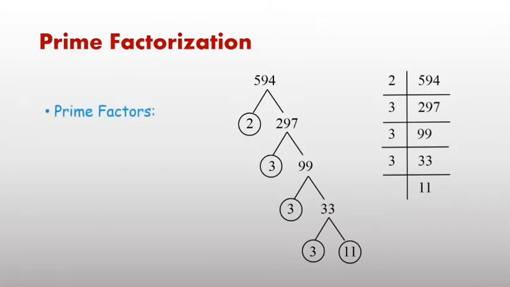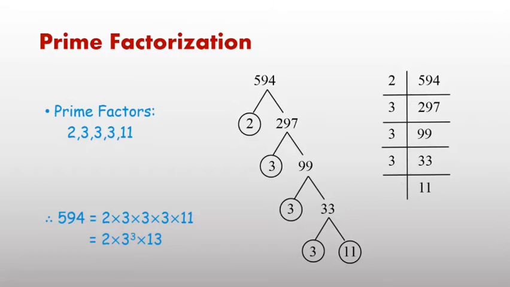For example, if the number is given as 594, you find prime factors. Again apply the same process. 594 is divisible by 2, you will get 297, which is divisible by 3, 99. Again divide by 3, 33. Again divide by 3, 11. 11 is also a prime number. In this pattern, we can write prime factors of 594 as 2, 3, 3, 3 and 11, which you can write as 2 into 3 power 3 into 11.